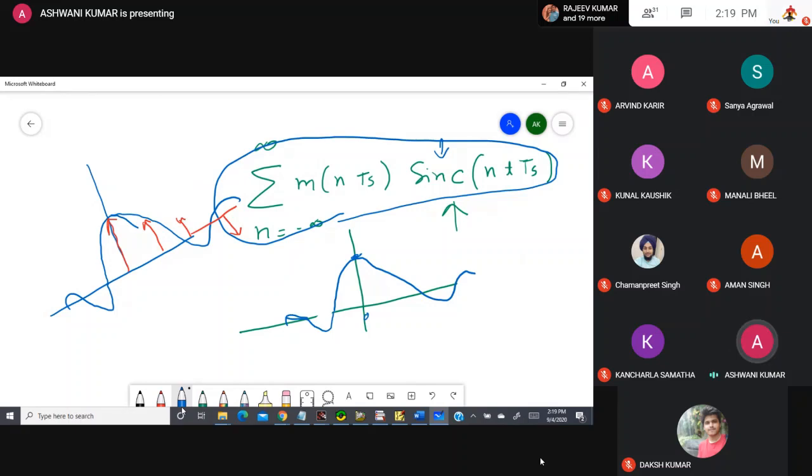But because you are using a number of pulses, and these are the pulses, you want to convert them because this is your sample signal, in the form of samples. Now what is our objective? Our objective is to reconstruct the original signal.